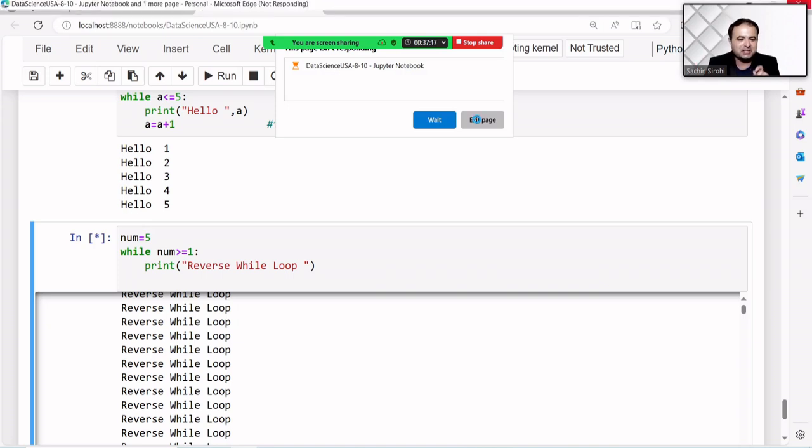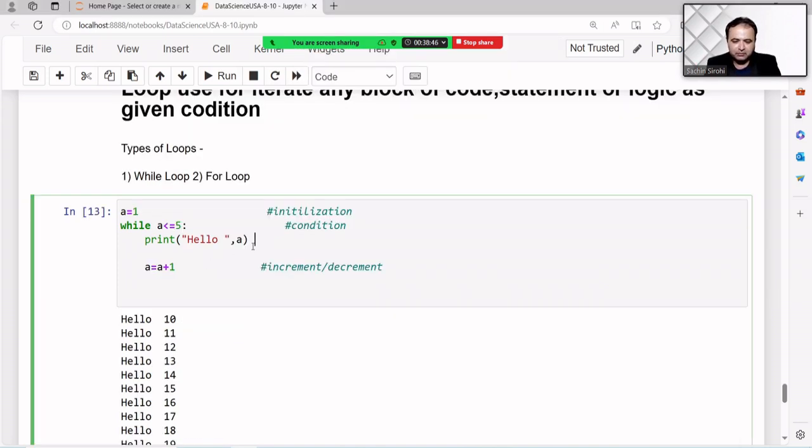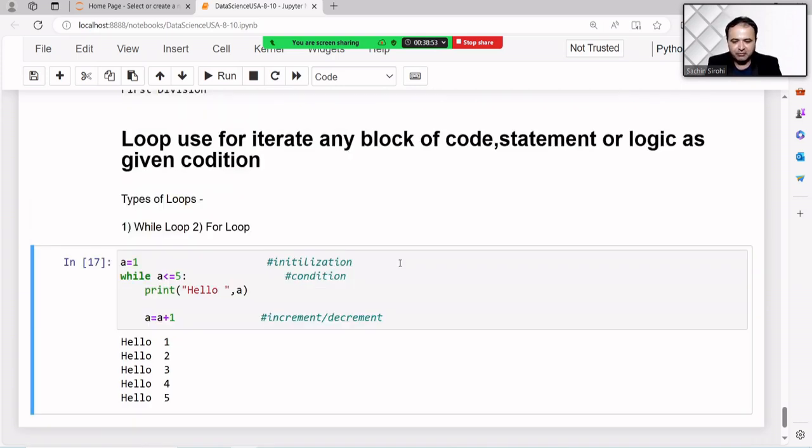That means it is compulsory to pass a stopping condition. Coding is powerful, so that is the reason we are learning. With the help of coding, you can do anything else, whatever we like.